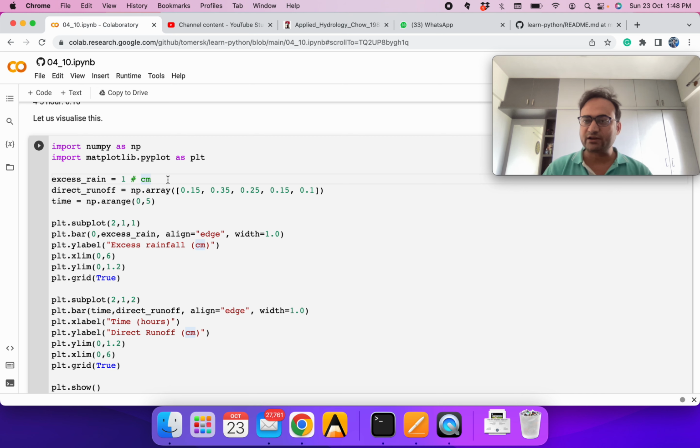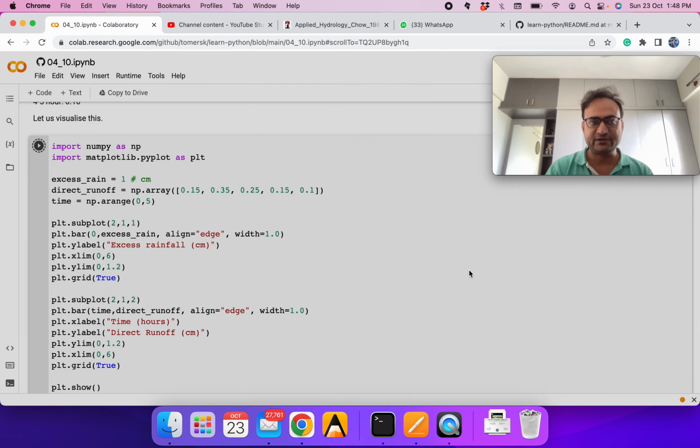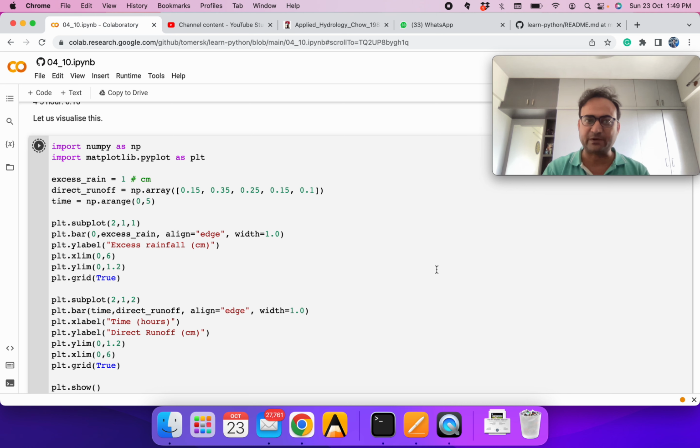It means the amount of water which did not go inside the soil, which became the runoff, and then how much of it we received at the outlet. We know time was 0, 1, 2, 3, 4, 5, we can set up. So let's make this plot by making use of numerical Python and matplotlib.